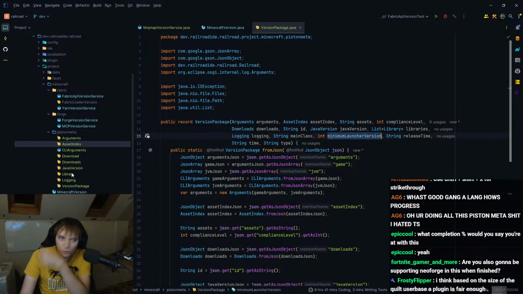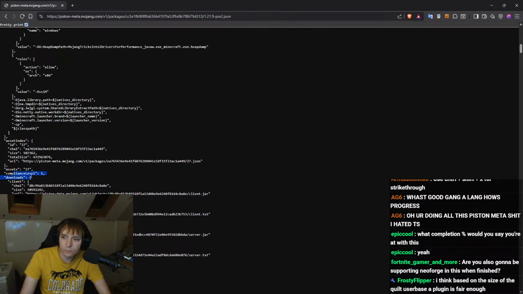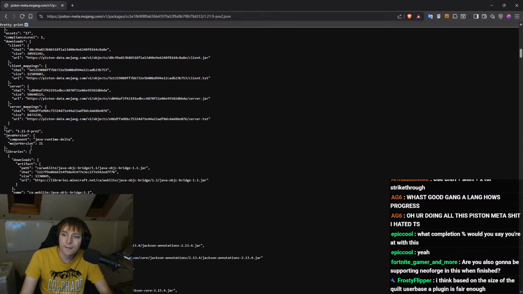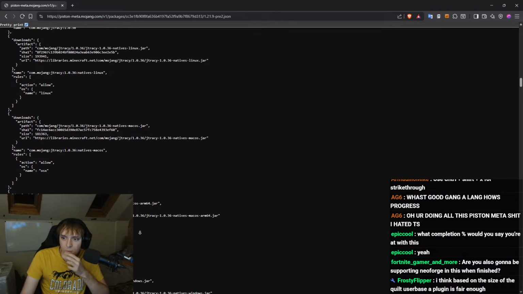Is minimum launcher version underscores or no? See, the inconsistencies here. Look at these inconsistencies, guys. Compliance version is camel case, client mappings is snake case. They're inconsistent. Why are they inconsistent?